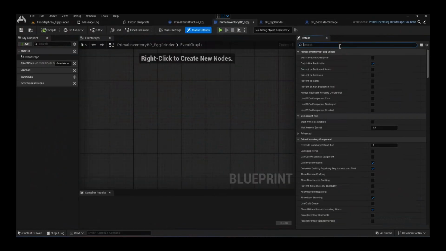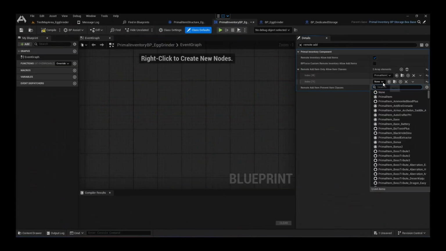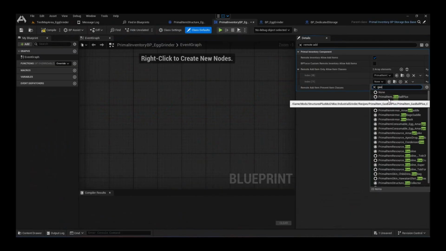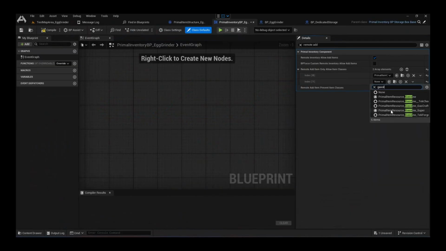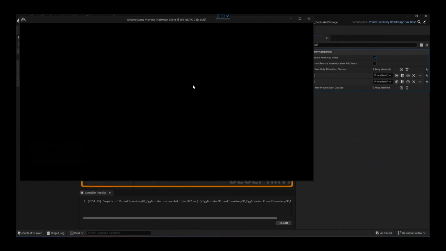Here, remote add fuel, tank fuel, S plus fuel, gasoline. No, no, no, not super. So I add super,